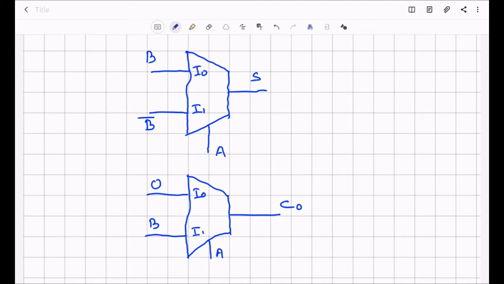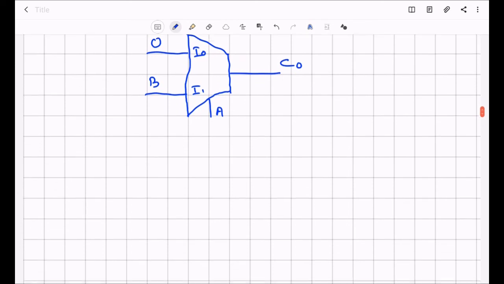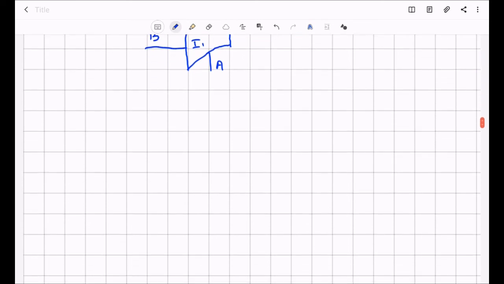Now we will see how to implement a function which is more than 2 variables. So take a simple function. Second problem.